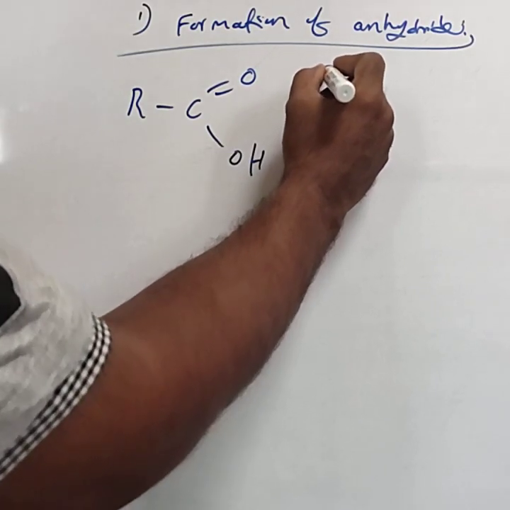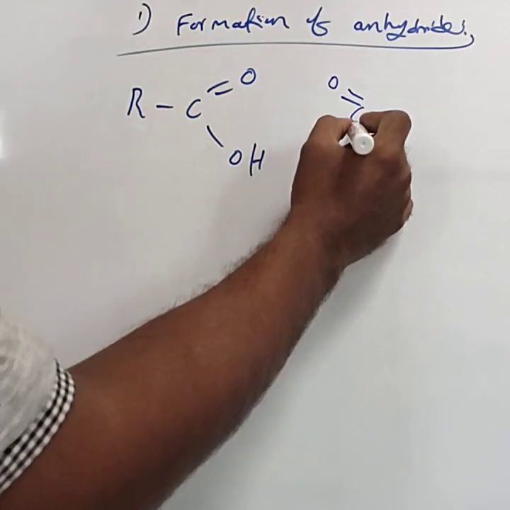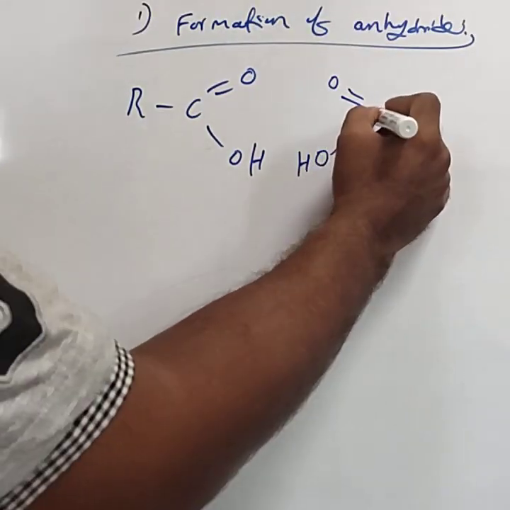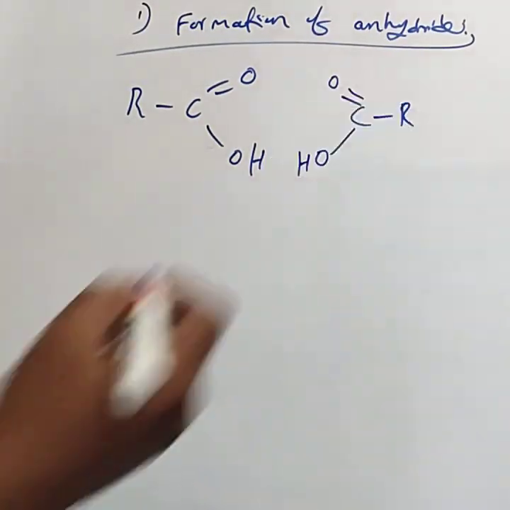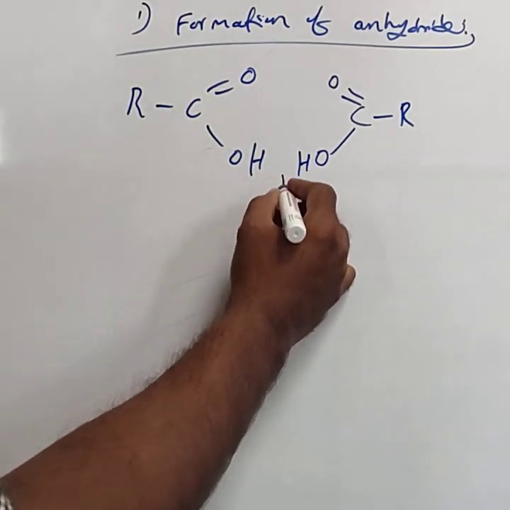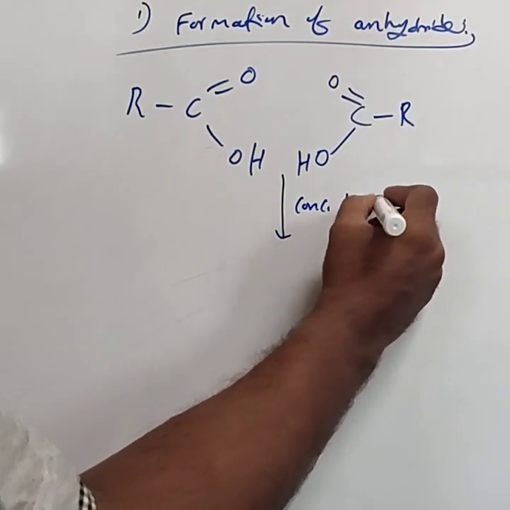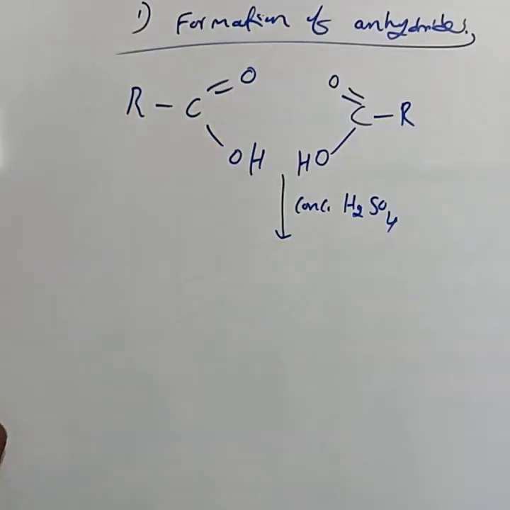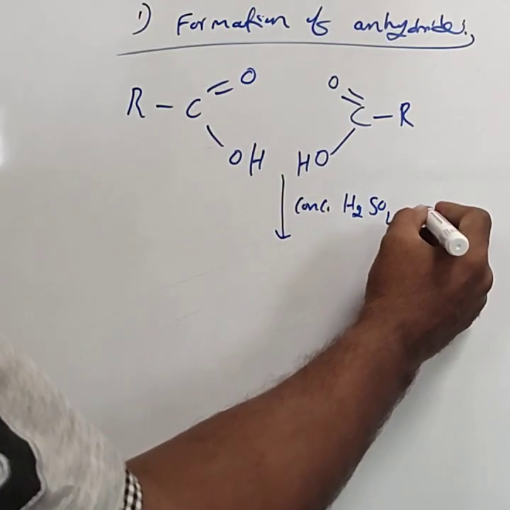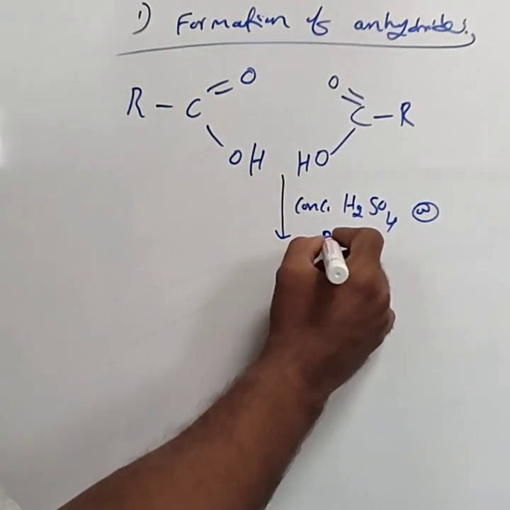We take another mole of the carboxylic acid, C double bond OOH, when 2 moles of the carboxylic acid react with concentrated sulfuric acid, H2SO4, or even with phosphorus pentoxide,